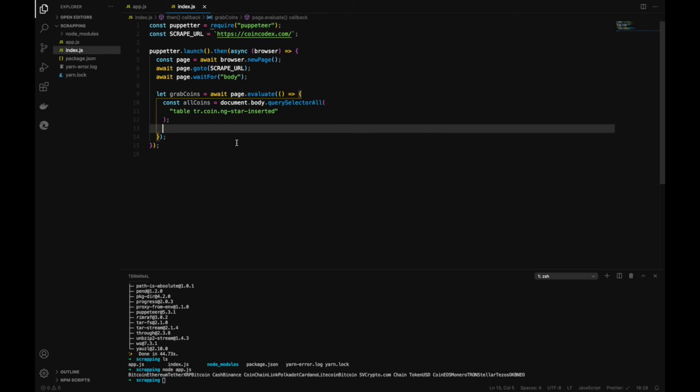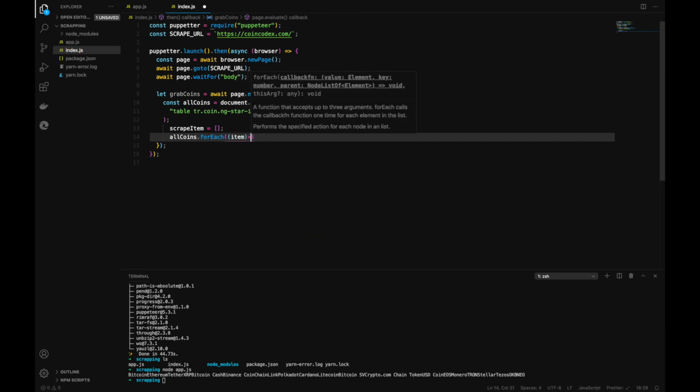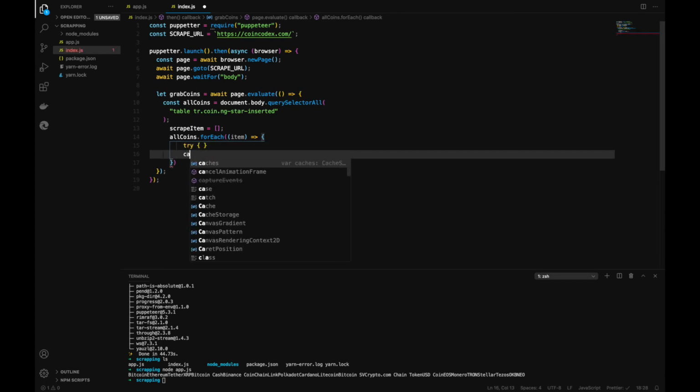So for that one, we can initialize, or let's say we can make an array which is initially empty, and then we can write allCoins.forEach. You can also use a for loop if you want, and for each item, what we want to do here is have a try block and a catch block,